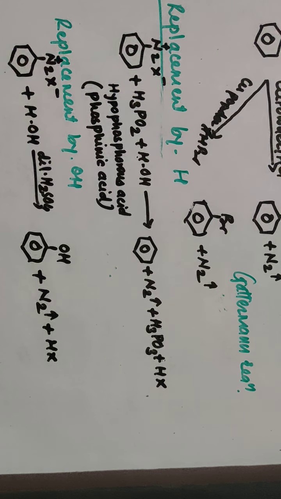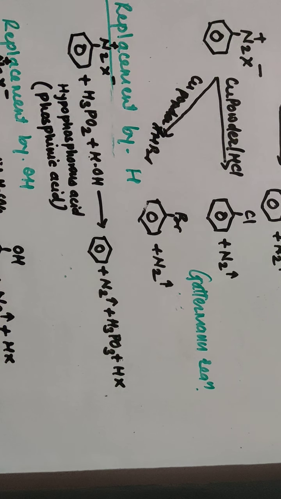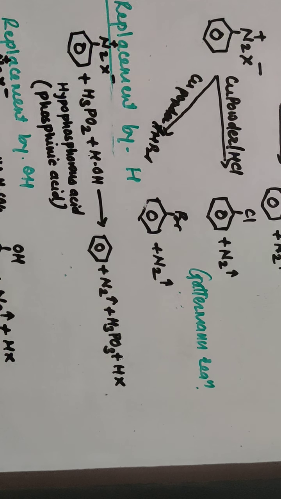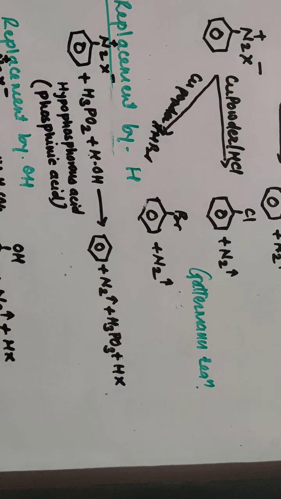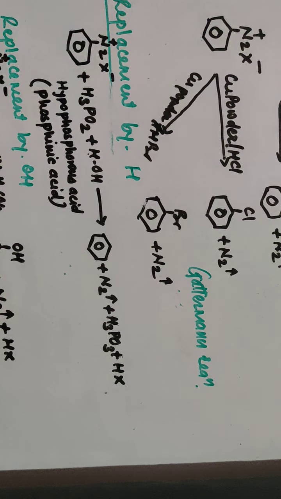These are the reactions of diazonium salt. When the diazonium group is replaced by either Cl, Br or CN in presence of cuprous chloride, cuprous bromide or cuprous cyanide and mineral acid, then it is a Sandmeyer reaction. When it is in presence of copper powder and the corresponding mineral acid, then it is a Gattermann reaction. In the Sandmeyer reaction, the yield of the product is better than in the Gattermann reaction, and cuprous salt is used. In the Gattermann reaction, copper powder is used.